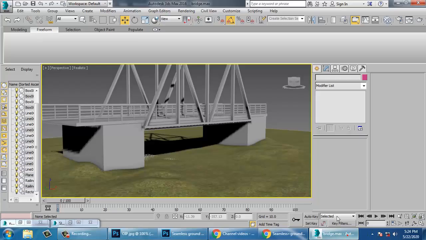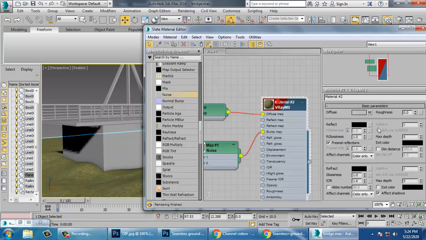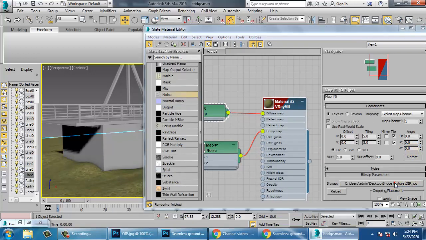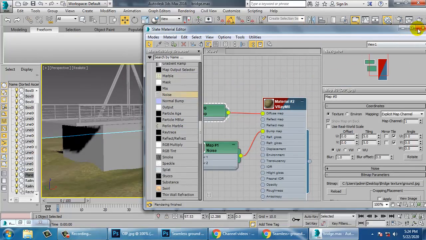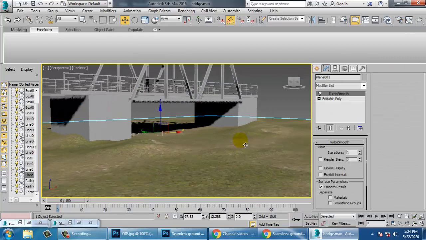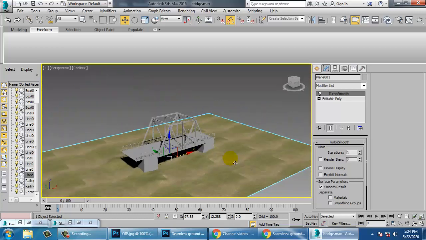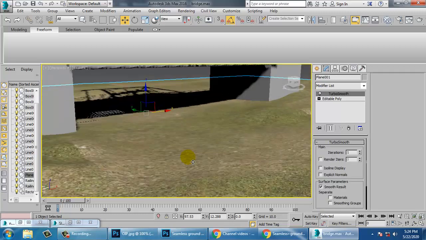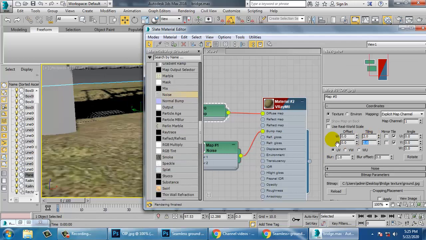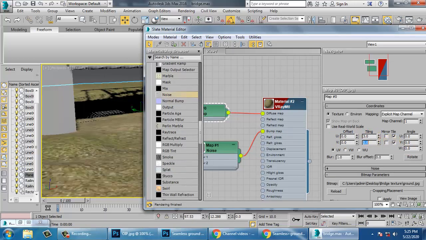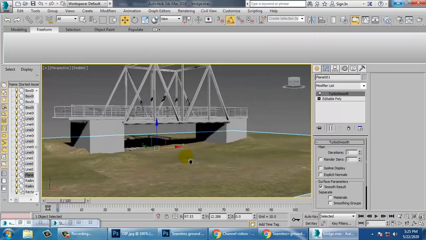So let's go into Max again and go into this material and call this ground material. So let's take the ground texture. As you can see, perfect. So you can see that we have generated this, but it's in the form of more of a tile. So we can just reduce the tiles if you want. You can just make it 3 by 3, which is perfect over here for now.